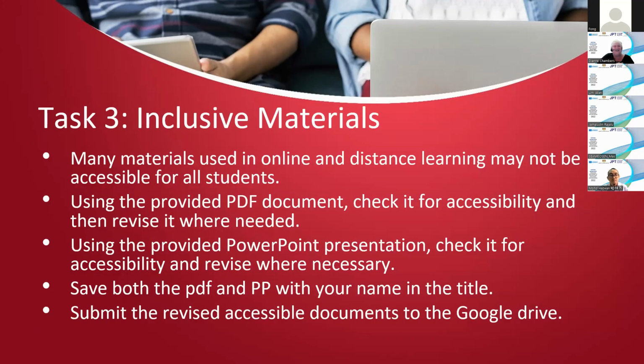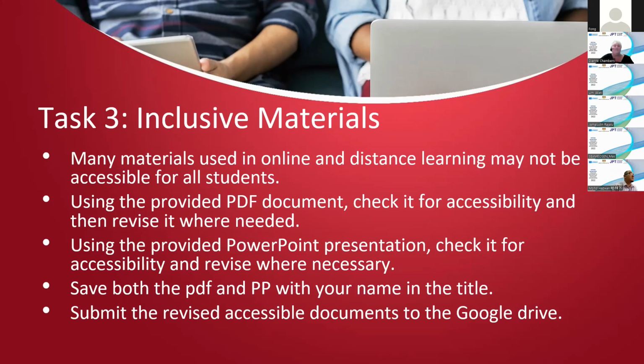So the task for this week: I've put up a PowerPoint presentation and a PDF document, and I want you to check them for accessibility. I've given you some tools to do that. Then I want you to revise them where you think it's needed. Please don't be worried if you don't get everything, it's not a problem. I just want you to have a try, okay?